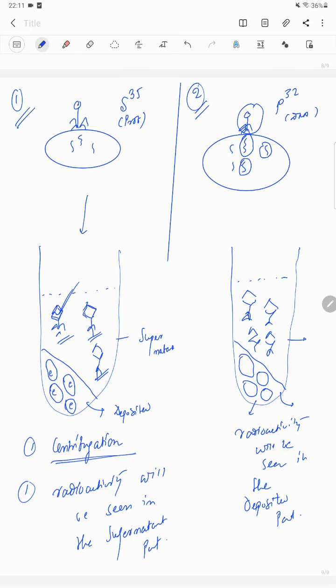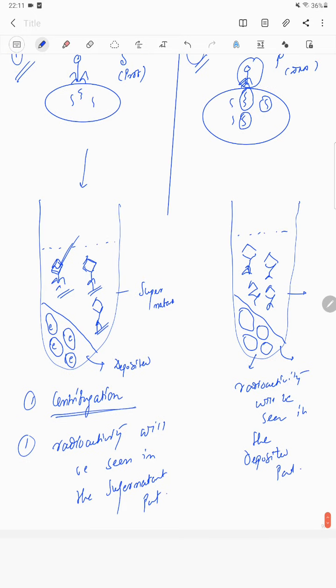So this shows what? This shows that it is the DNA that is getting transmitted from the virus to the bacteria. This shows that DNA gets transmitted from one organism to another, from one generation to another. This proves that DNA is the genetic material. It's not protein. It's not any other thing that is the genetic material, but it's DNA which is the genetic material. As the DNA is getting transferred from one generation to the next, from one organism to another, this means that DNA is the genetic material.